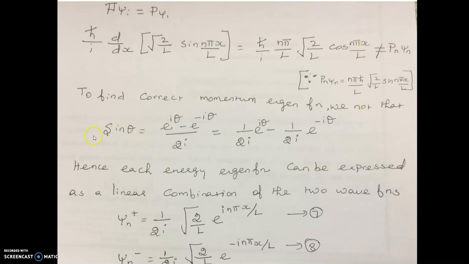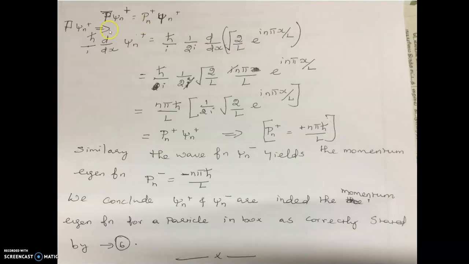For that we are considering this formula, and the later part you will be able to follow by yourself. Just follow the derivation using this formula, and we have written psi n plus and psi n minus, and use this equation in this expression and find, we will be getting operator P psi n plus is equal to Pn psi n plus. So similarly, psi n minus also will yield the momentum eigenfunction. Thus we conclude psi n plus and psi n minus are indeed the momentum